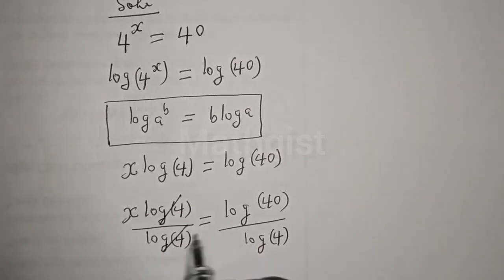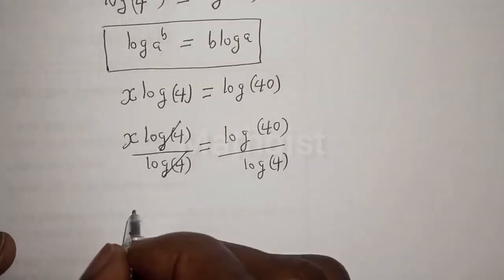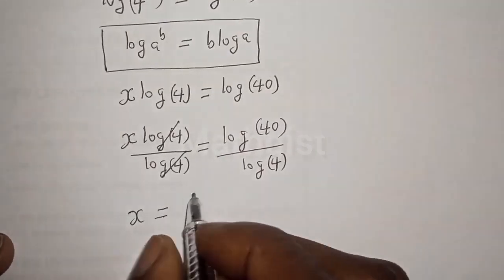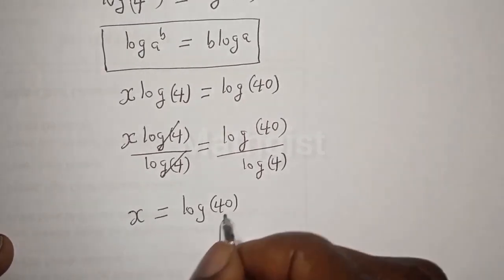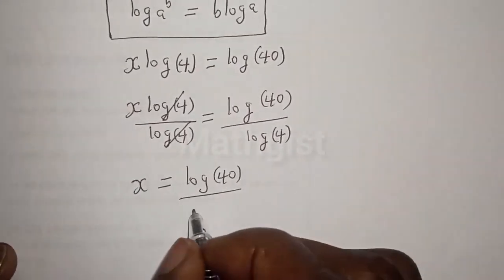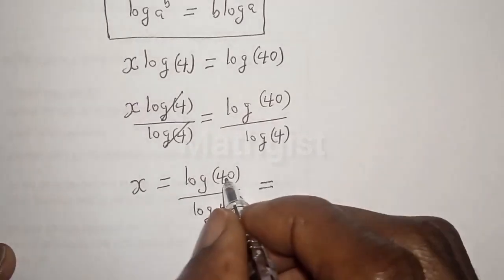This will cancel this. S is equal to log 40 over log 4, and this is equal to